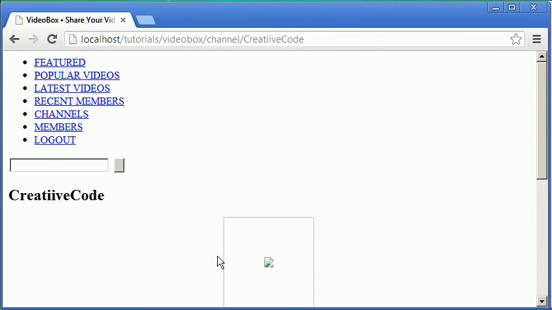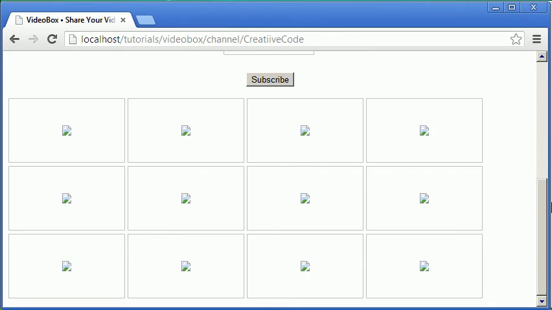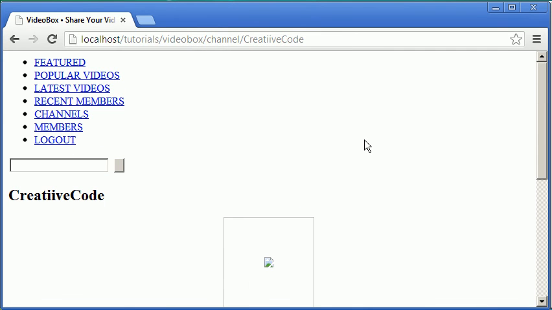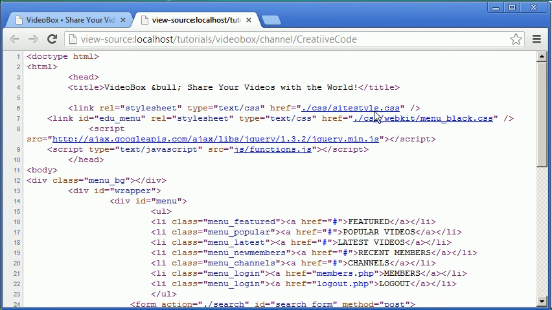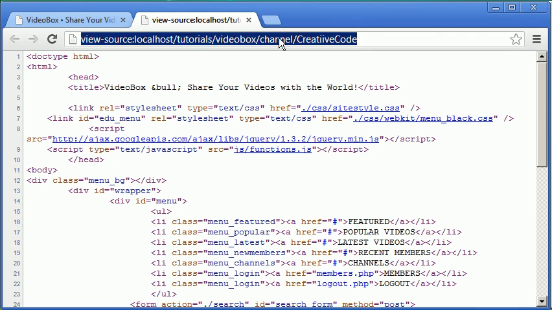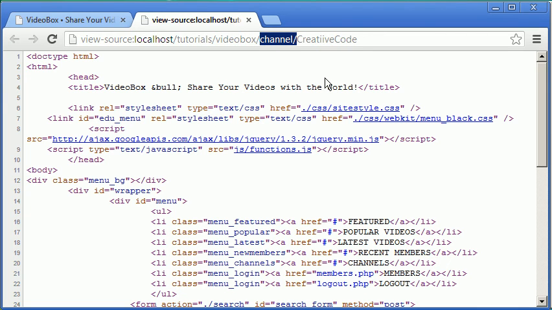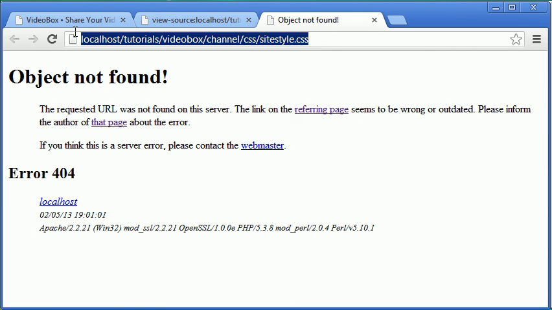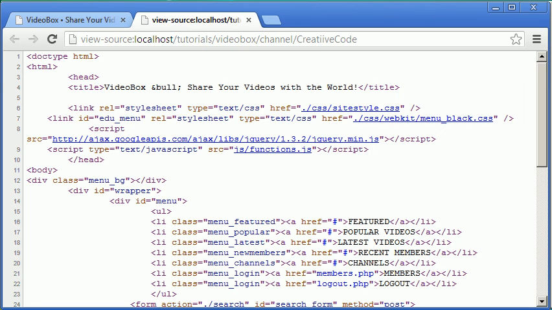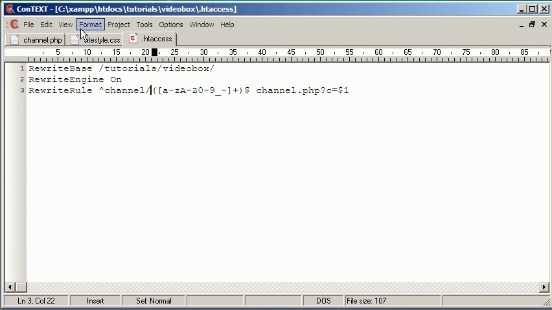But the reason this is not showing up right is because if we view source, it's looking for the CSS directory inside the channel directory, because the ./ means look in the current directory, and there is no channel folder, so there's no CSS file within it. So if we were to click on this, it says can't find, because this is the address it's looking for. So what we need to do is